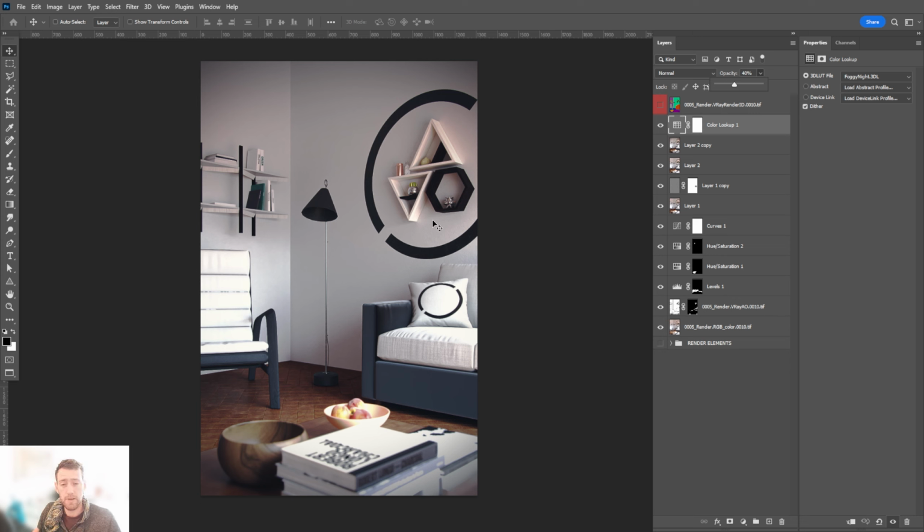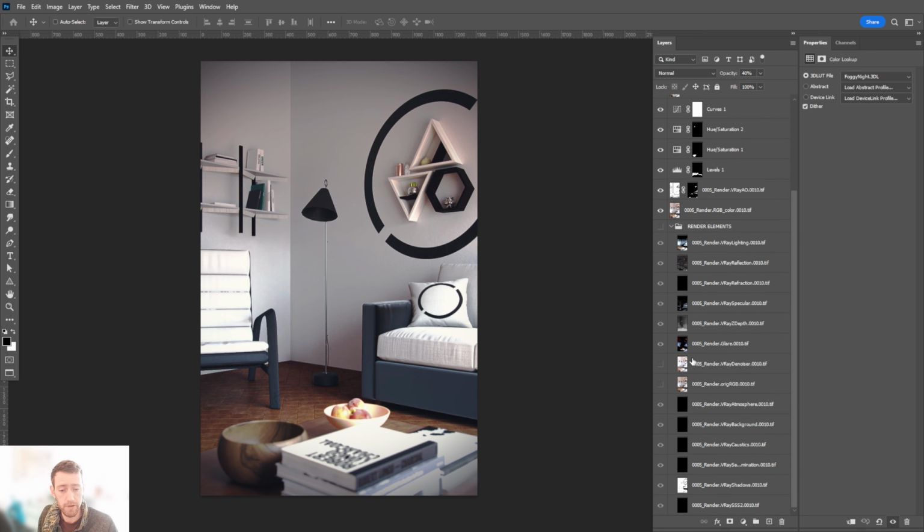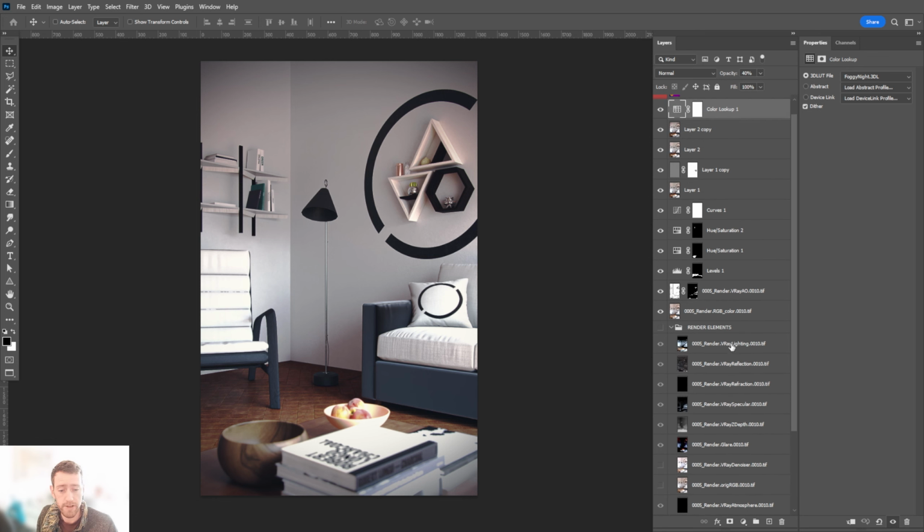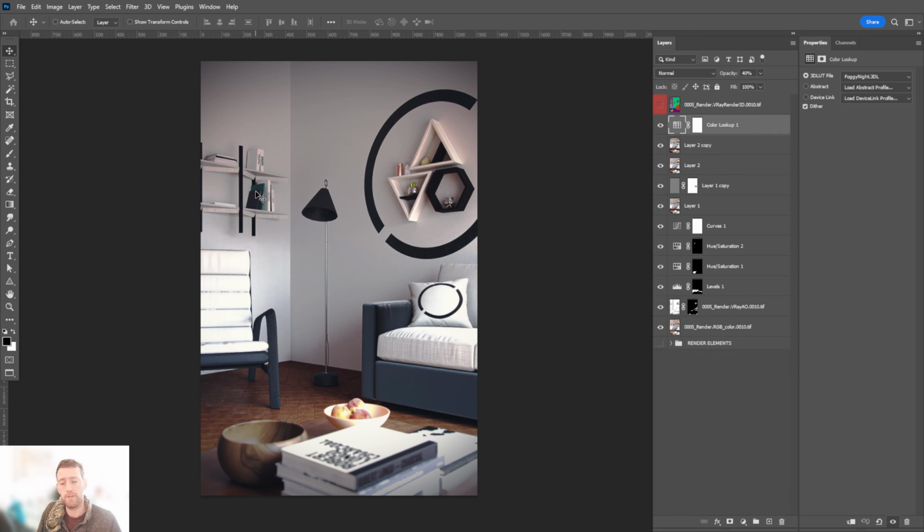And again, you don't need to go too deep in Photoshop. Yes, you could go into all these render elements that I left over, and you could use them again. You could increase the V-Ray lighting, you can increase the reflection. But at the end of the day, if you're happy with the results you're looking at, then you don't need to go much more. You just need to add in a few filters, a few adjustments,